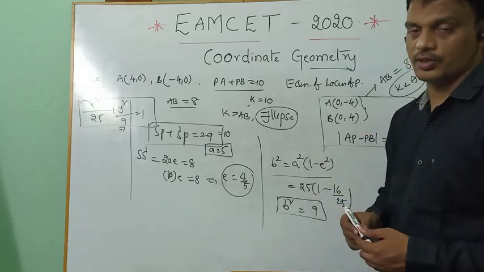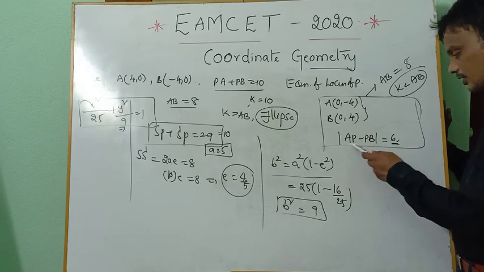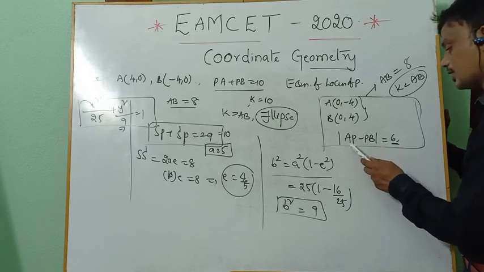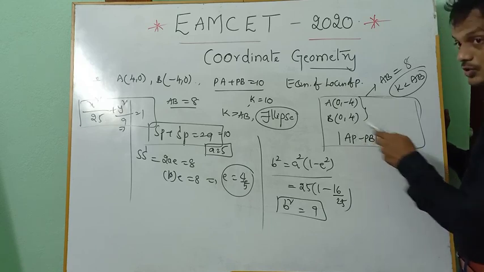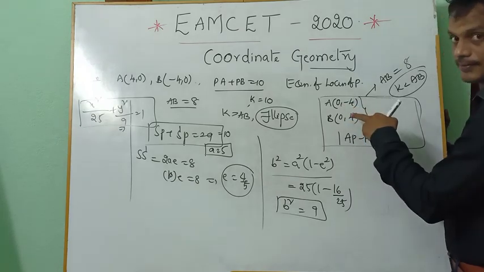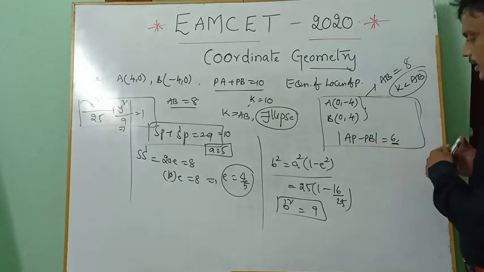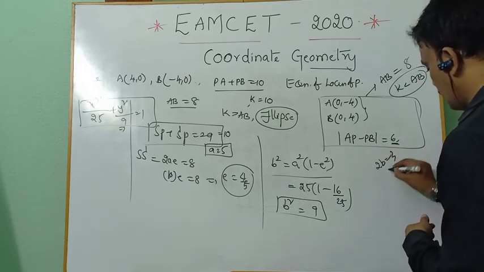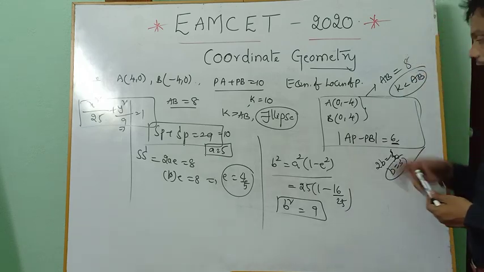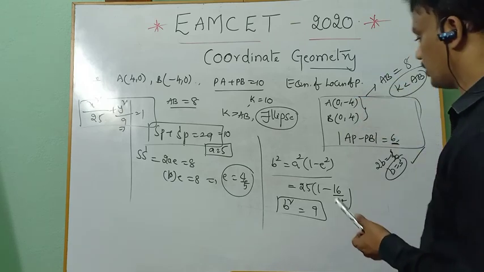If they ask about the equation of the locus, yes, then again we proceed according to the conditions for the hyperbola. The difference of the two distances is 6, as given. In the case of hyperbola, I can say S dash P minus SP equals 2A. Of course, in this case particularly 0, minus 4 and 0, 4 are there, which are on the y axis. Now this is S dash P minus SP equals 2B. 2B is 6. That means B equals 3. After getting the B value, the distance between the foci is 8. Okay, this is a conjugate hyperbola. Am I right or not?